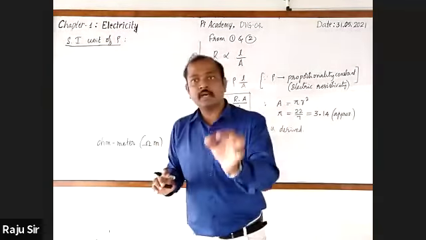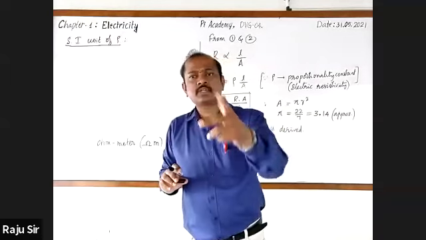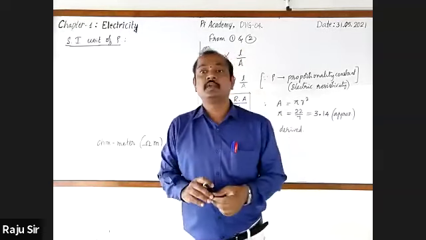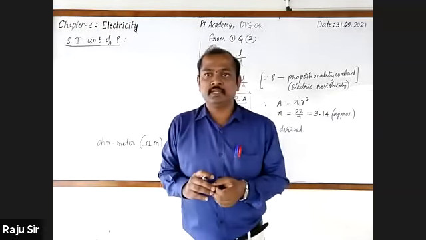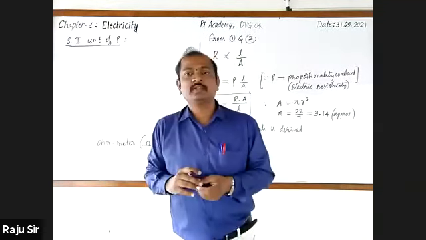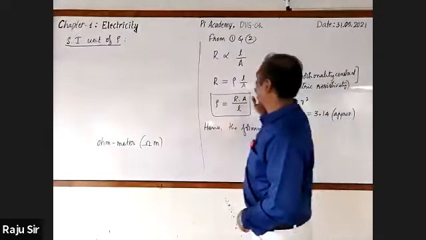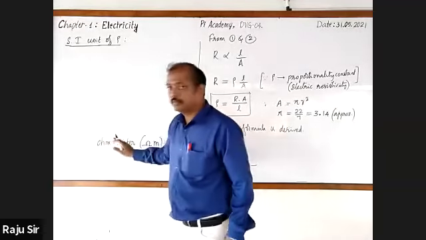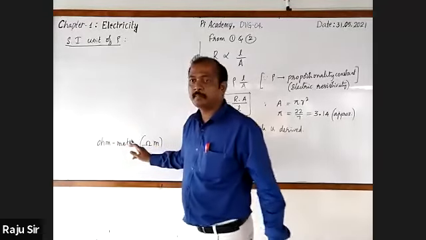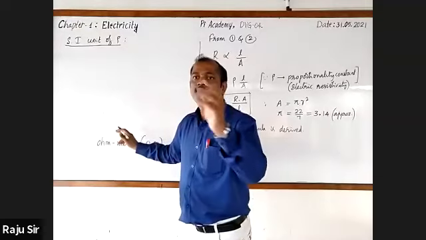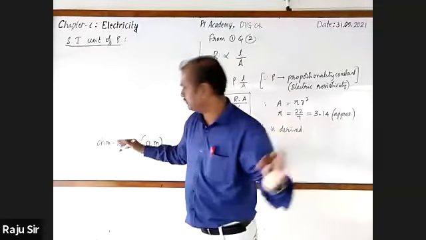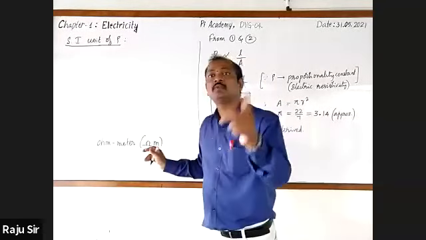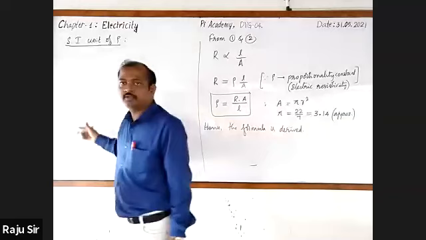But in the examination, this question has been twisted like this. It is find the SI unit of electric resistivity. Then how to find out the SI unit? Obviously, we have to use the formula. Again, I've been reminding that if directly asked what is the SI unit of resistivity, you can write it directly as ohm meter. If they ask you to find, then you have to follow this step.